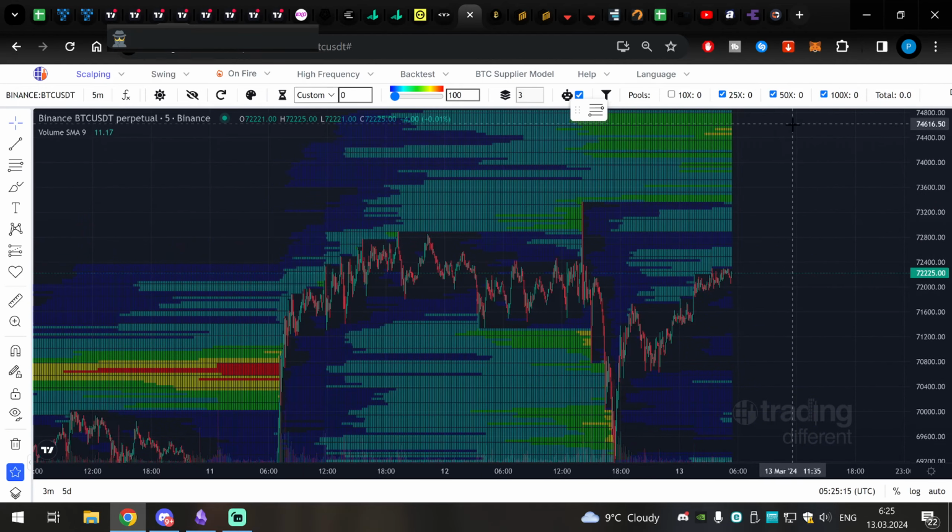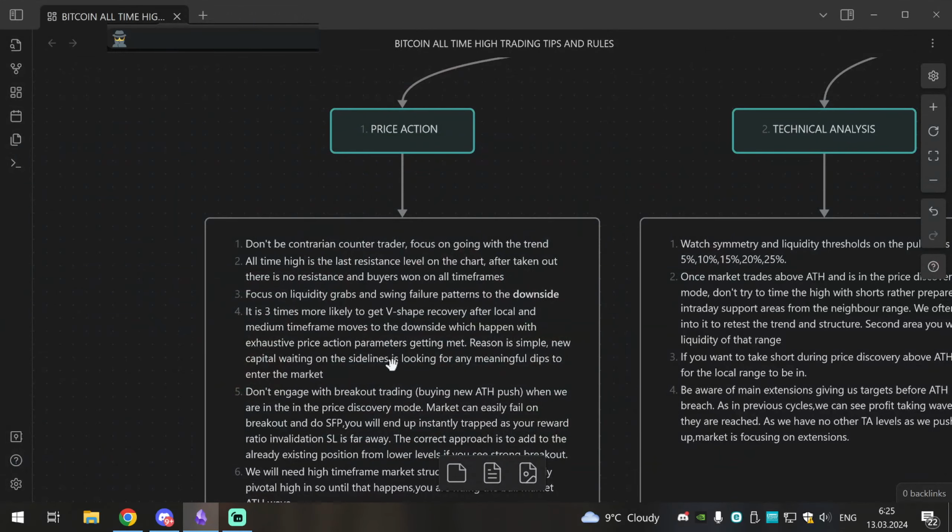Again, we can push to the upside, create a local range. Now you create liquidity to the upside and to the downside. If the market goes violently to the downside, you know what to do. You are looking for longs. There will be reasoning shown why it's working like that. It's pure market psychology and how market participants work.